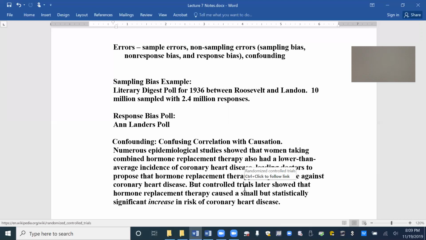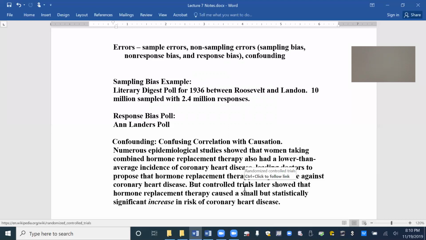Regular sampling error is where the sample doesn't exactly look like the population. We are going to be able to account for those and build them right into our confidence interval and our probability statements. Non-sampling errors, though, are sampling bias,